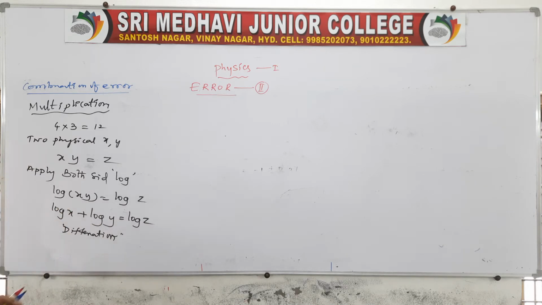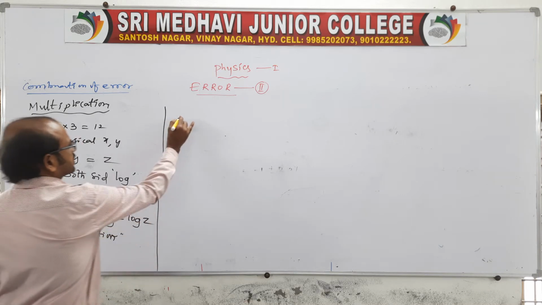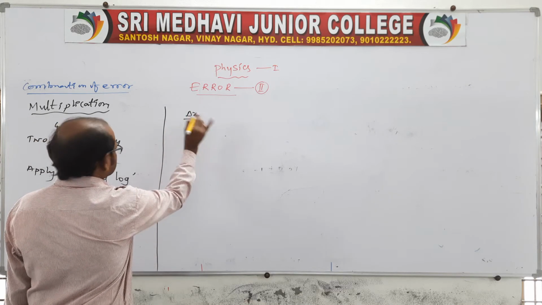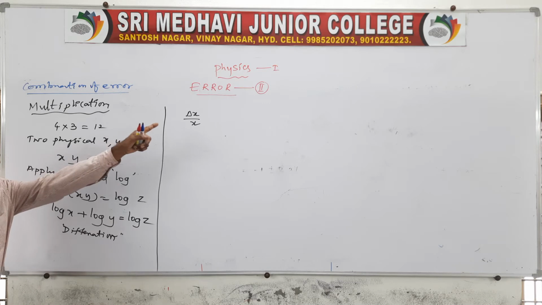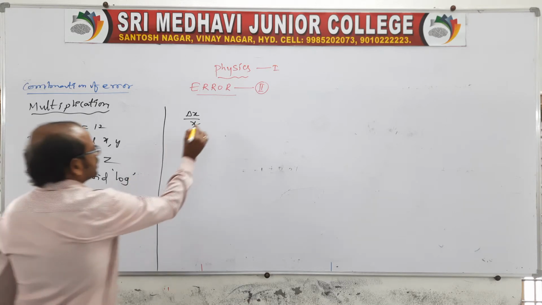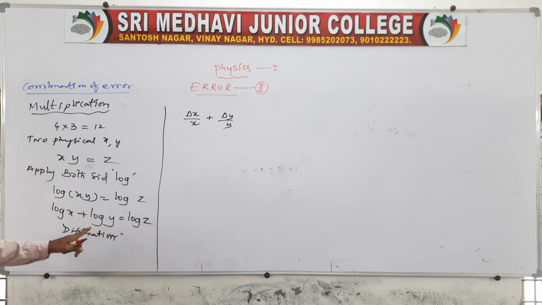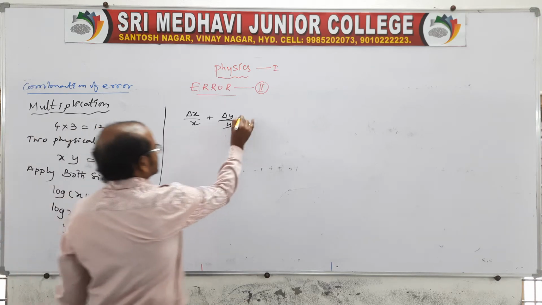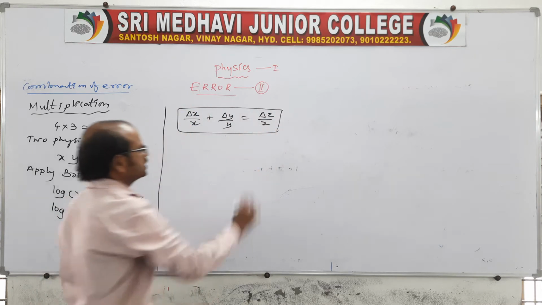See, for the log differentiation, you remember, if any log is there, then the differentiation gives delta x by x. You remember this: the differentiation of log x gives delta x by x. Like here, another one is there; it is only a mathematical application. Plus delta y by y, because here also log y is there, and the differentiation of log z is delta z by z. This is the maximum possible error.